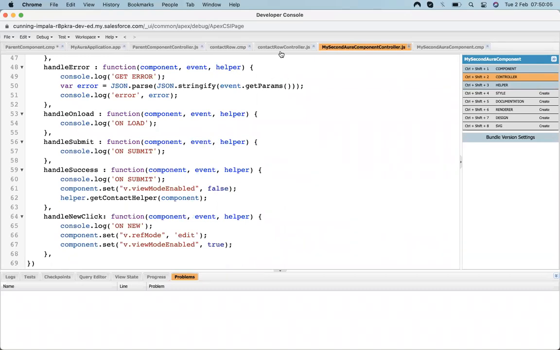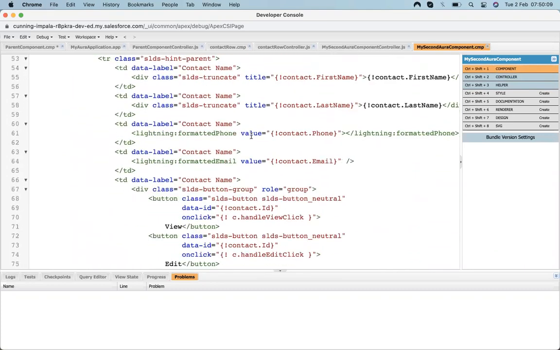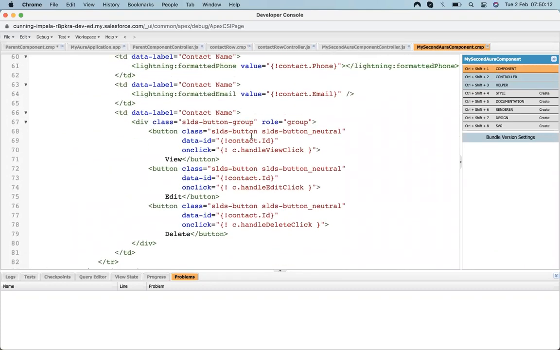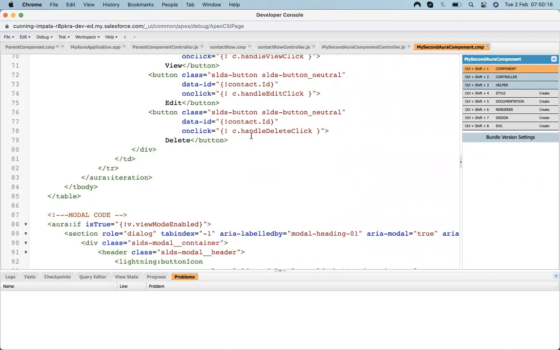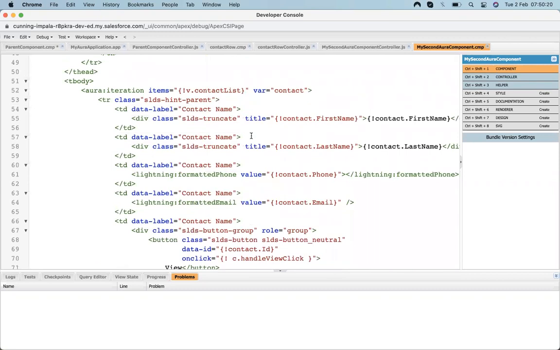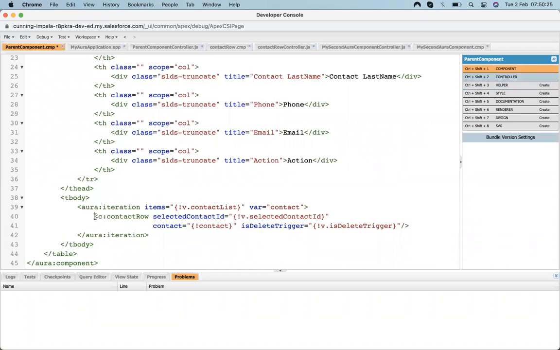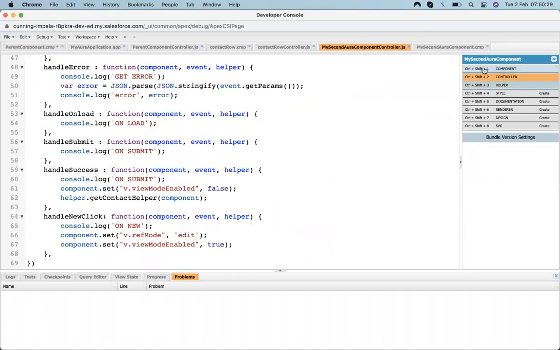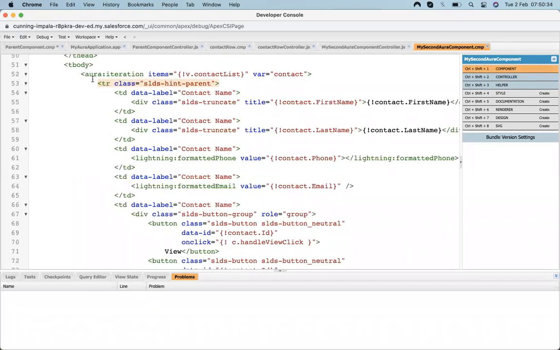Instead of doing that, why can't I just save time and directly implement it here? So yesterday we designed my second Aura component. I'm just changing this second Aura component and replacing it with the child component that I just built.